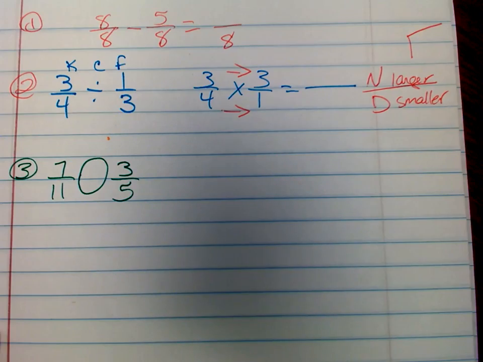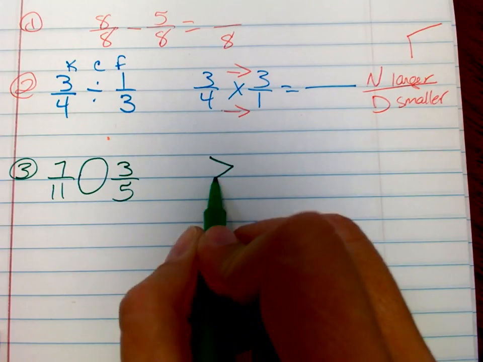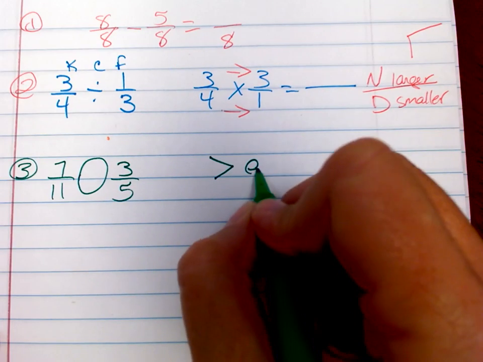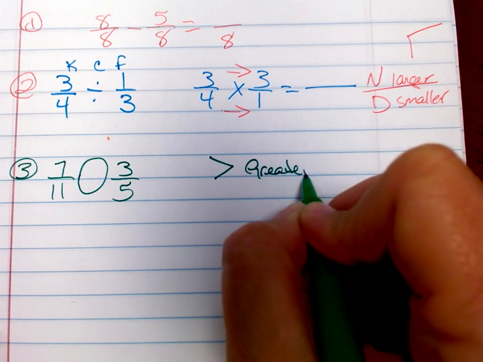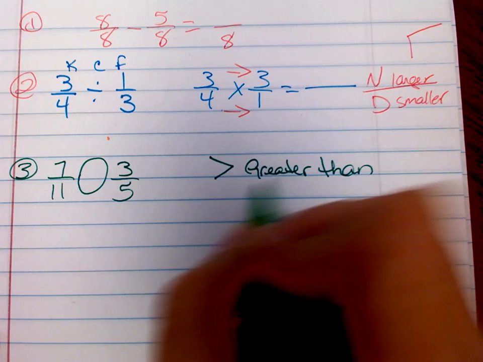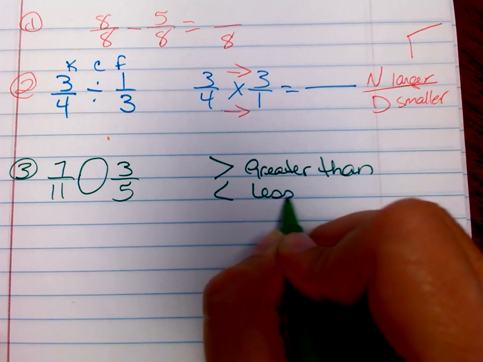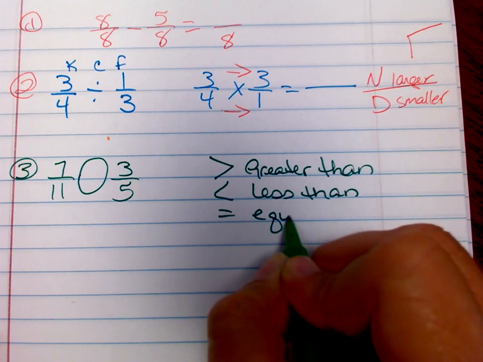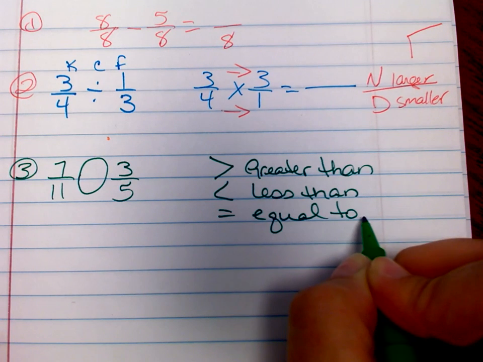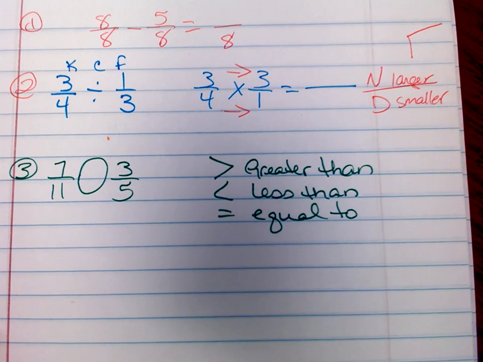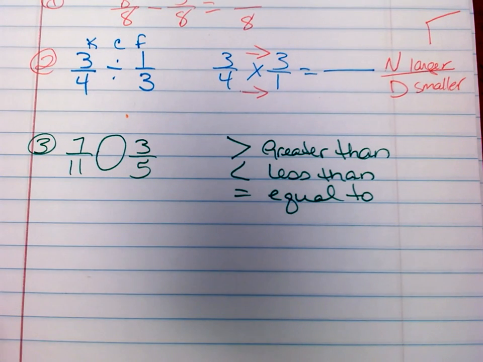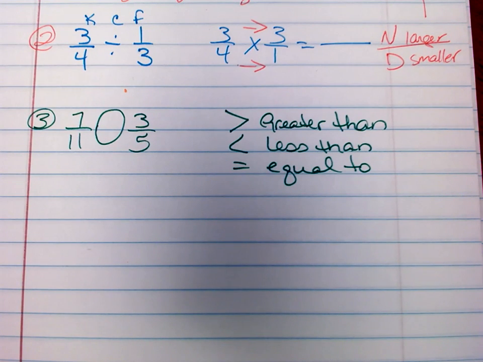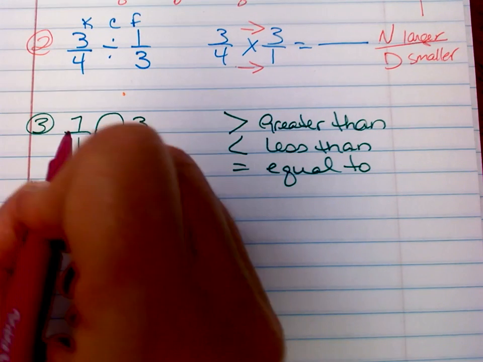And then you're going to put, is it greater than, less than, or equal to? But change both of these to a decimal. I hope you remember how to do that. If you forgot, remember,